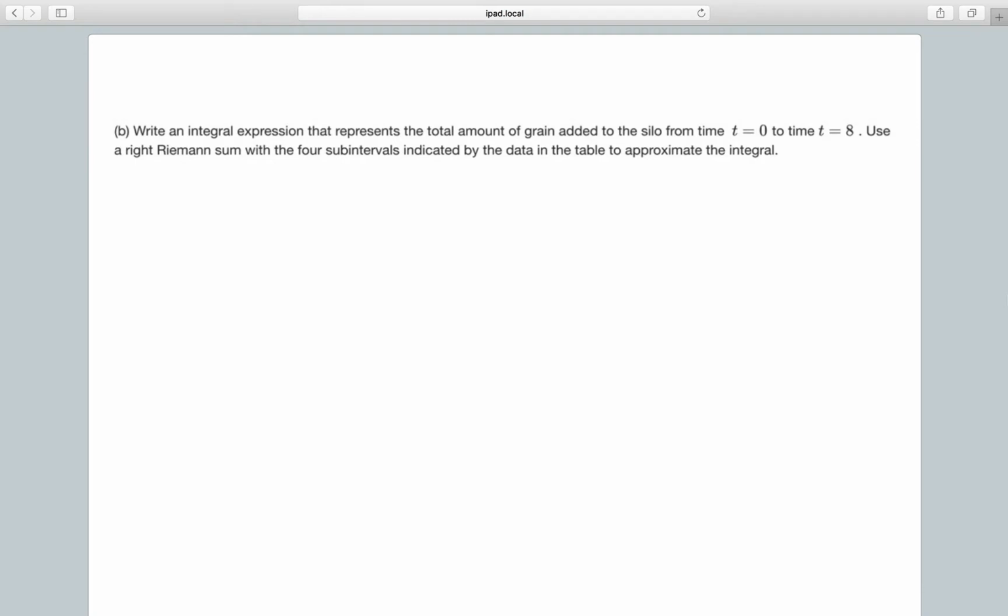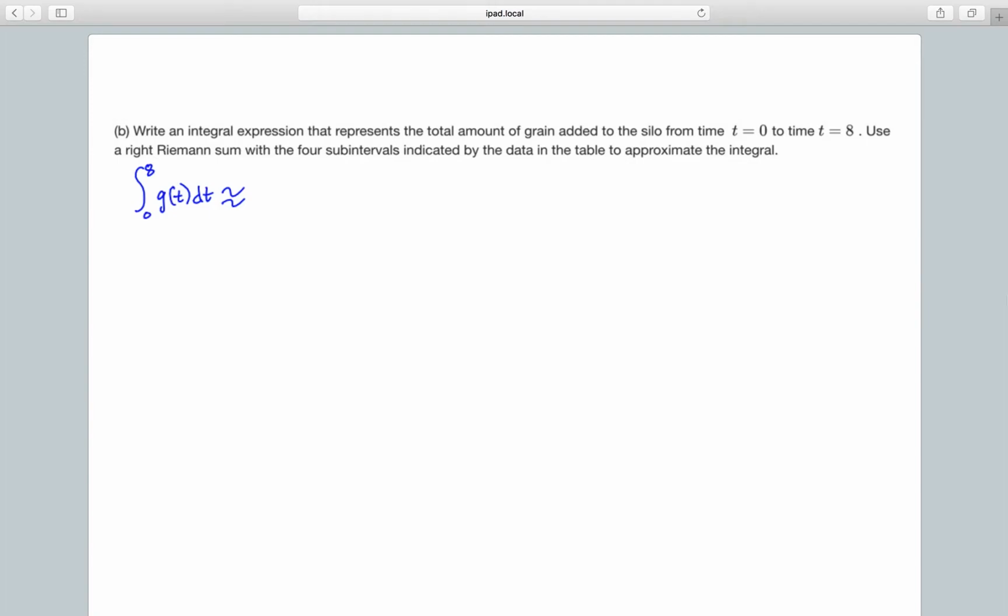All right, so our integral then, it's going to be the integral from 0 to 8 of g of t dt, which would give us the total amount of grain added to the silo over those first 8 minutes. And so we're going to say that's approximately equal to, so if I want to use a right Riemann sum,